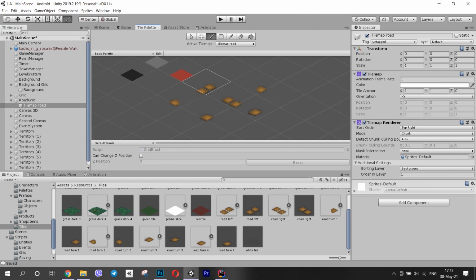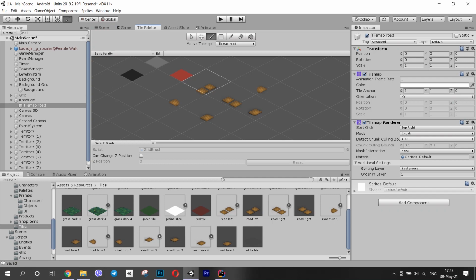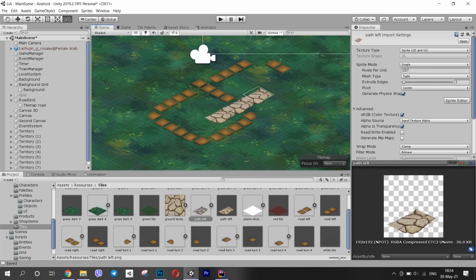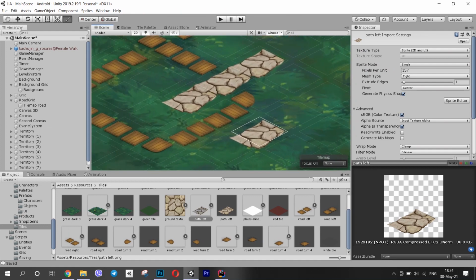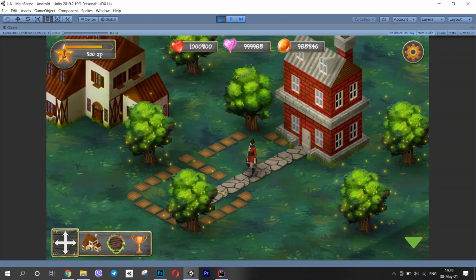The next thing I had to make was a path for the character to walk. I thought about making a wooden path because I already had wooden tiles, but their size wasn't fitting to my grid size, and making 2 tiles in each grid cell wasn't working as well, so I switched to these rocky road tiles. I might do a customization option in my game, so you can upgrade towns' roads.